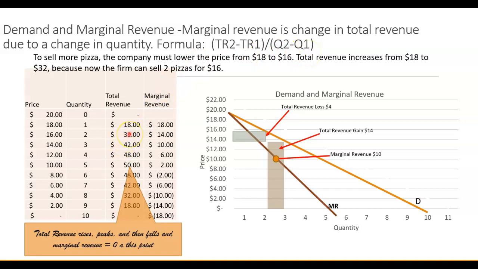So 32 minus 18, divided by 2 minus 1, is going to give us $14 marginal revenue. So by lowering the price from $18 to $16, that second unit adds $14 worth of revenue